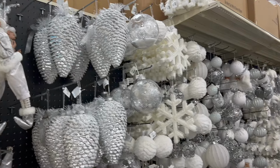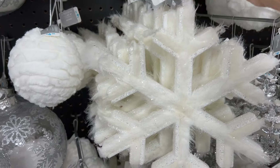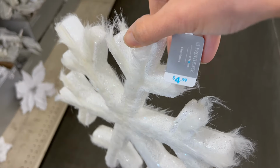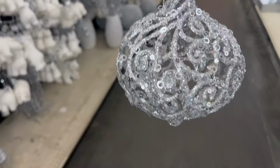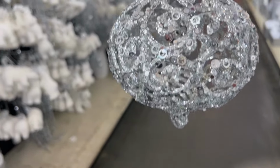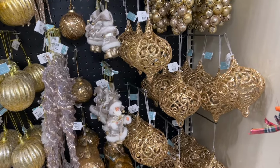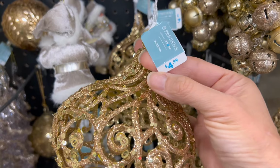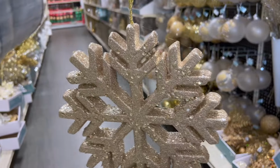beautiful trees. I love that orb ornament archway, and I started off in the section with these very white, fluffy ornaments. And I think that if you're going for a more monochromatic white look for your Christmas decor, they have so many options to choose from. And I really like the shape of these onion ornaments. They came in both silver as well as gold, and I just think they have a really pretty and ornate